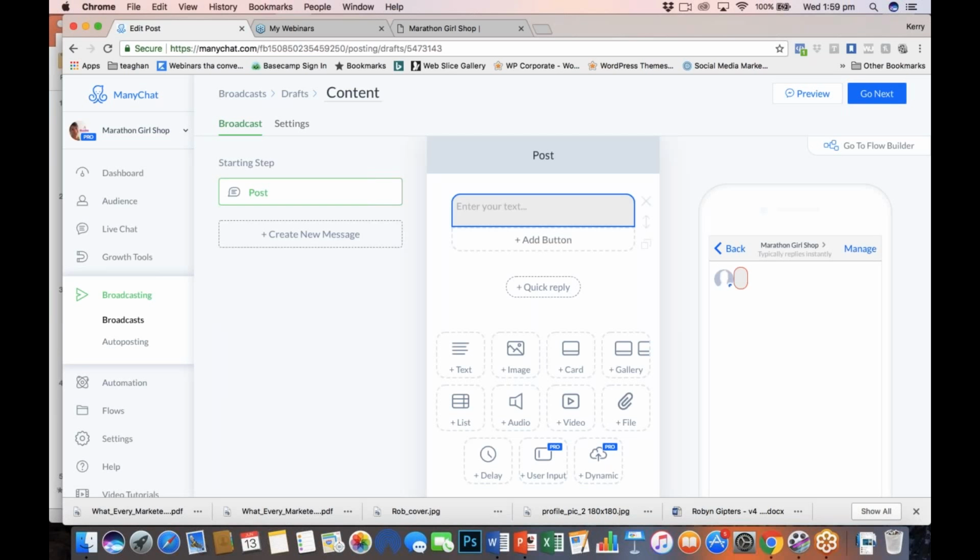We can send out a broadcast. We can type it in right here, so that can go to everyone. We've got options here to send texts, images, a card, some gallery, a list of stuff, audio, video, file. We can have a time delay between the different messages. This gives people time to recalibrate and think. User input is where we can get them to push buttons, and the dynamic side of things as well,